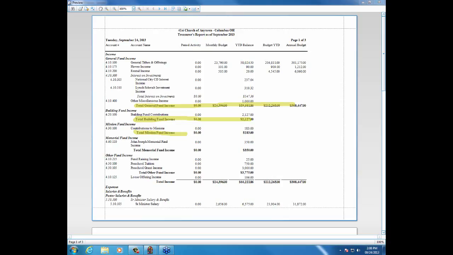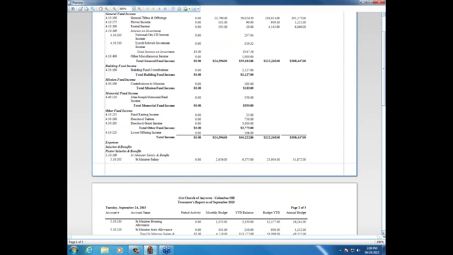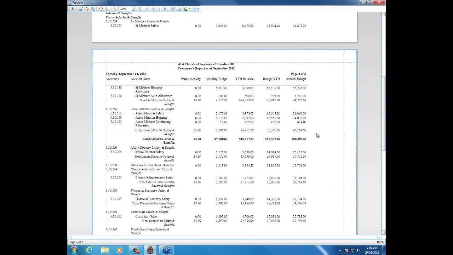In many cases, many churches will, but you really do have to be careful about when you're setting up subtotals versus sub-funds. And again, I'm going to come back to more details on that here in just a little bit. A good example of sub-accounts is when we jump down to our expenses, because if you remember, in our chart of accounts, we had a lot of our expense accounts set up with main and